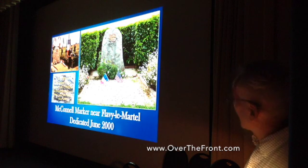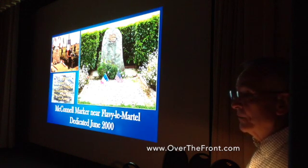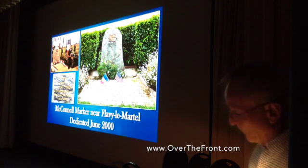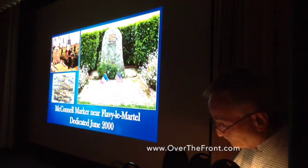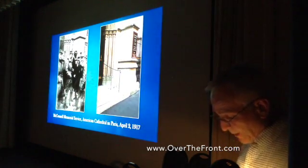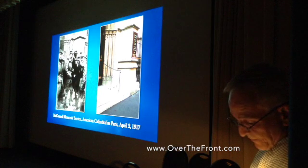And of course, McConnell's body is no longer buried here. He's in the crypt of the Lafayette Escadrille Memorial. He was moved there in 1928. A memorial service for McConnell was held a couple of weeks after his death at the American